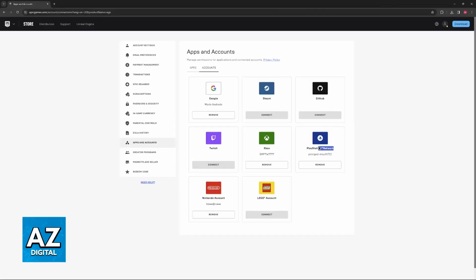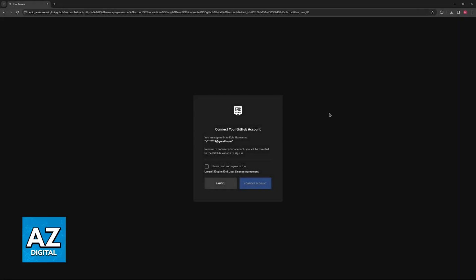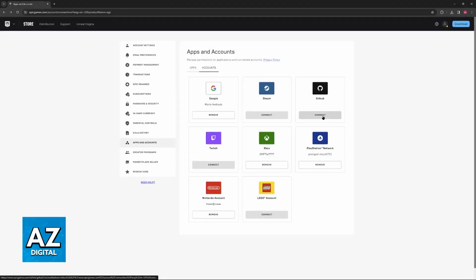With the PlayStation Network account unlinked from this Epic Games or Fortnite account, what you can do is switch Epic Games account and link the same PSN account to a new Epic Games account, or you can do the opposite. You can link this Epic Games account to a new PSN account. Regardless of which option you choose, you will be able to transfer over your progress and manage the account that is currently being used on your PlayStation 4 to play Fortnite.